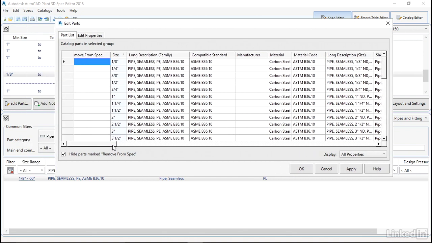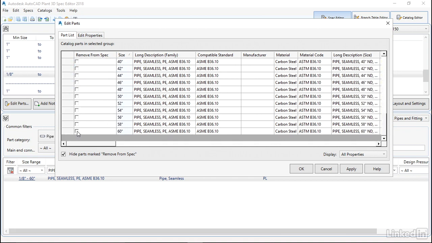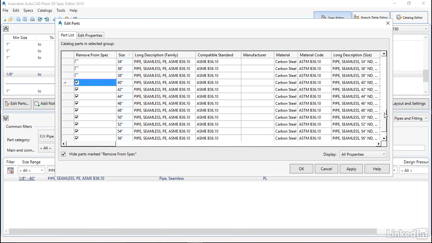So now we can go ahead and filter again. So I'm going to take out all the parts that we don't actually use. So we're going to take this from 1 inch. I'm going to take out the 1.25 inch. We'll leave half, take 3, 3.5, and we'll take 5. Now you notice I didn't use my filters on this one. So it's gone ahead and added all the components all the way up to 60 inch. So this is why it's important to look at the filters before you add them to your spec. So I'm just going to take them all out here. We're going to go up to 12 inch. But I want you to look that the information that we added was applied to every single component in this